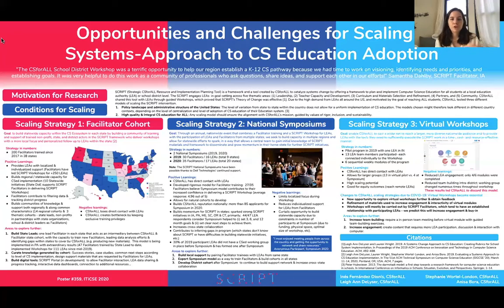together facilitators from multiple states to train them, to build capacity in multiple states or regions at the same time, so that we're not focusing on creating statewide cohorts, but rather a national cohort, and sparking statewide efforts in different regions, and then allowing them to grow with CS4All support after that specific intervention. And the symposiums have served us,